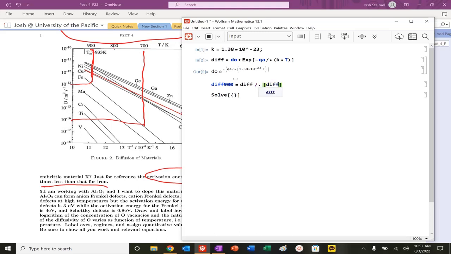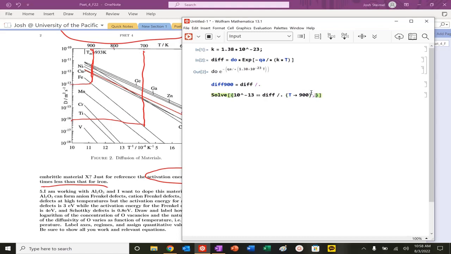I'm just thinking of a way to elegantly put this, but that may not be the best way to go about this. So I'm going to just do that. I'm going to say that diff, so 10 to the minus 13, I'm going to set that equal to diff slash dot t goes to 900,